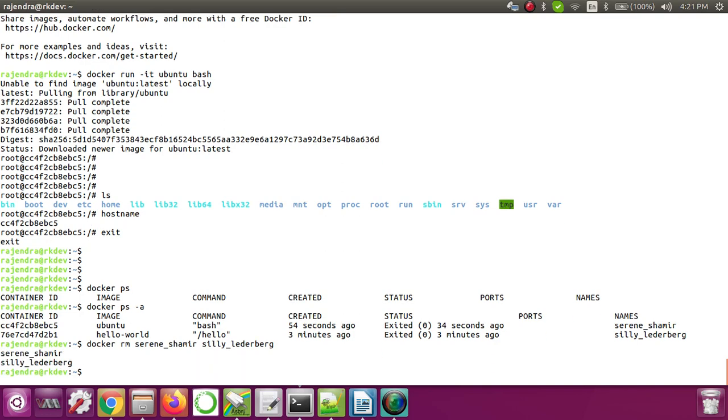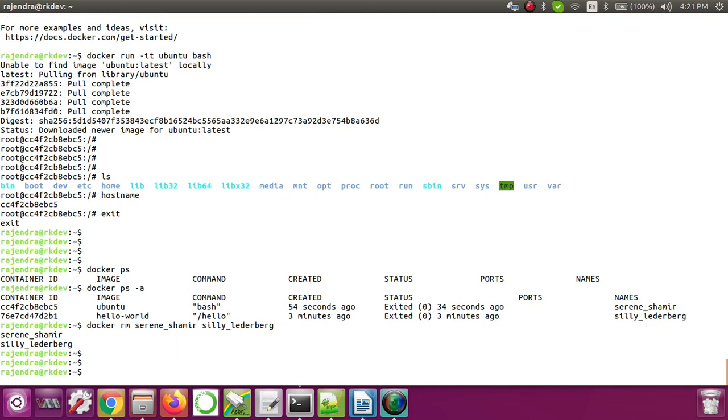Even when we start any container and we are not giving any name for that container, the Docker daemon will start the container and give it a random name. If you want to give a specific name, you can also do that. So let's see how we can do it. Docker run, let me give the image name as nginx. There are a lot of images already available on Docker Hub. You can just use their name to start the container.